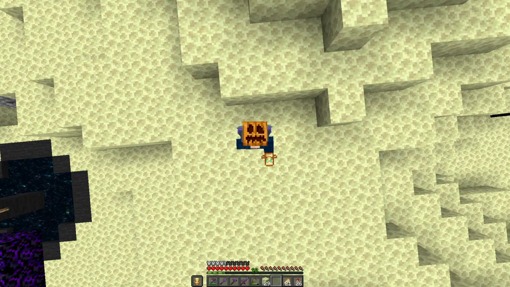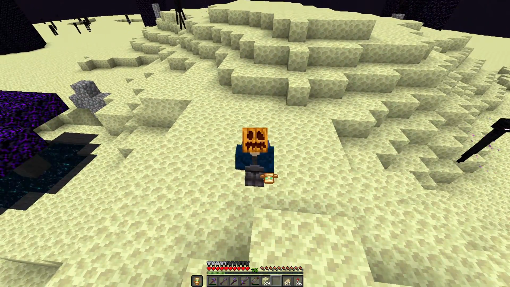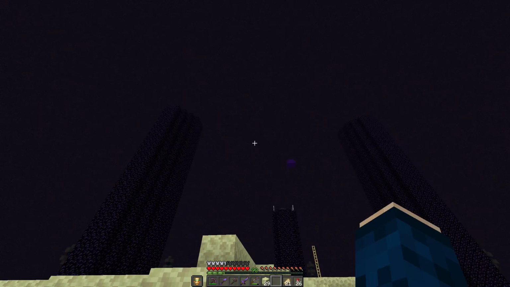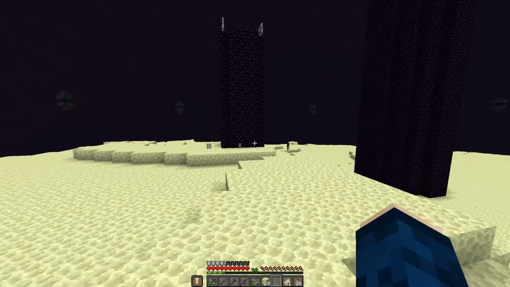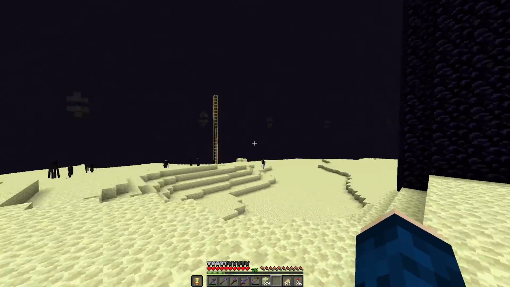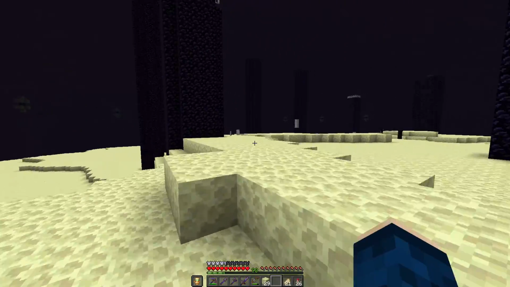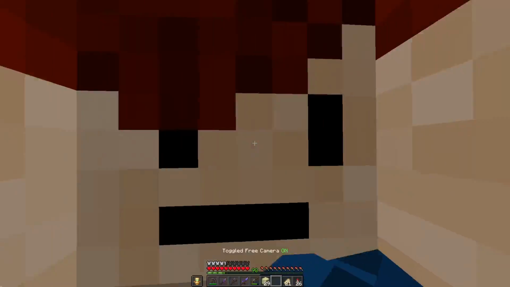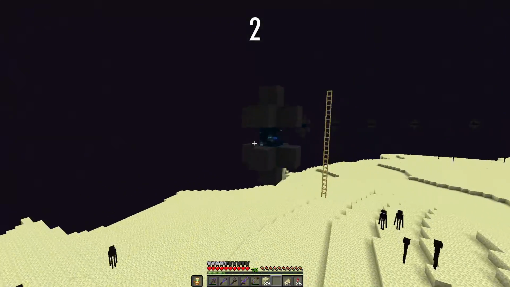Welcome back, everybody. And that really took a while, but I think I've finally killed enough Ender Dragons. I've generated the maximum amount of end gateways, which I believe is 20. And as you can see, they're all laid out in a symmetrical circle all the way around the center of our island. I went ahead and counted them with free cam, and